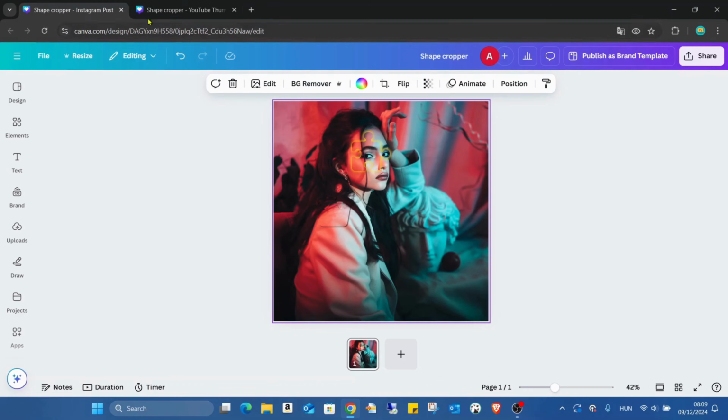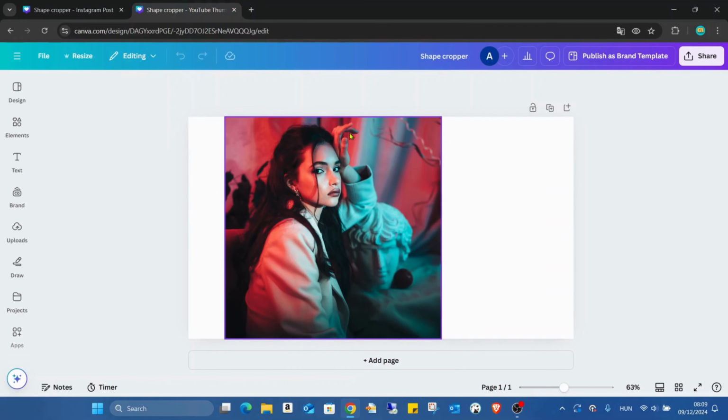So, as I mentioned, we can crop lots of shapes from a picture. Hopefully this will be increased soon, but at the moment it's a bit limited. But I'm going to show it now. So I already opened a new Canva. I just added the same image. So I just select the image,